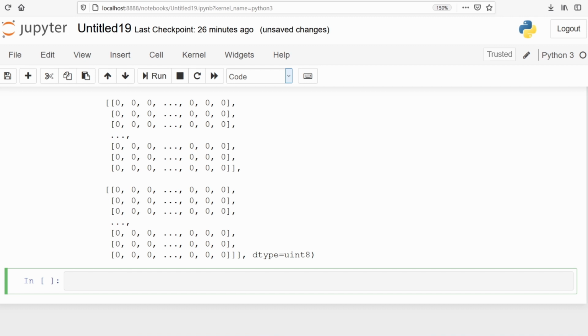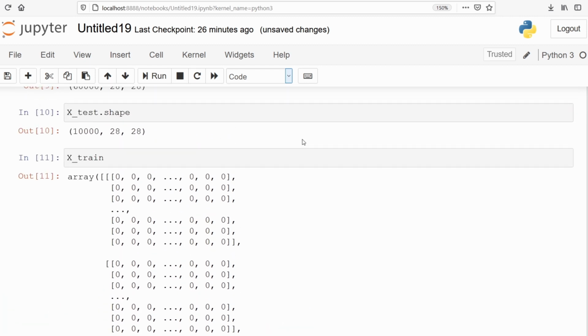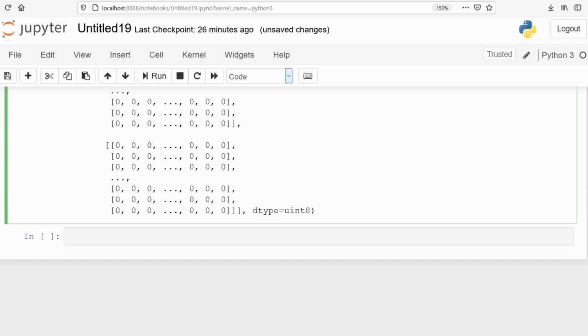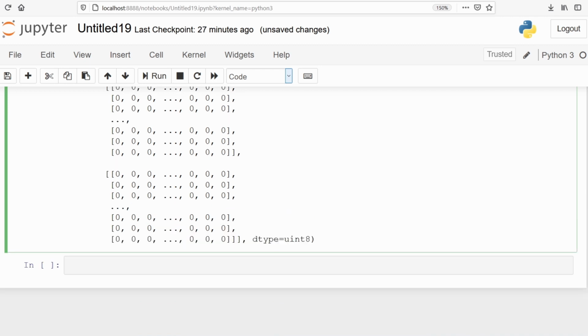We have to convert our values to between 0 and 1. We are going to find the minimum and maximum value present in our xtrain data, and then convert those values between 0 and 1. Let's check the minimum and maximum value of our xtrain dataset.